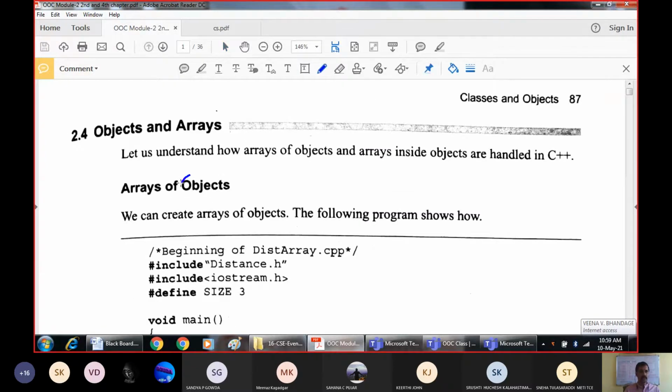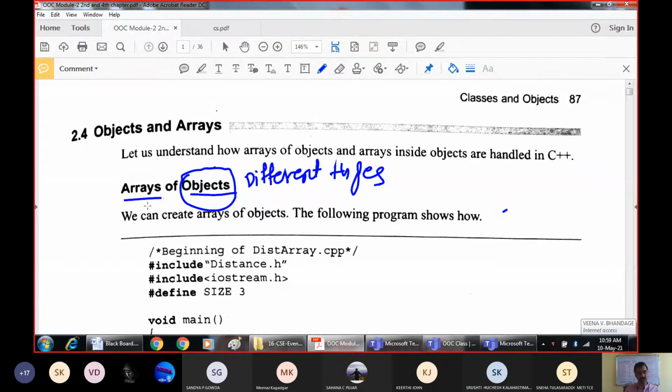So that means now we have to create arrays of objects. Every object individually contains data of different types, whereas an array contains data of any one type.